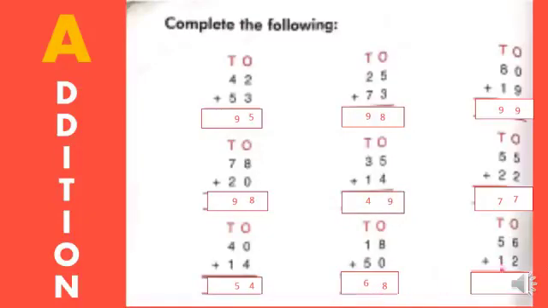Okay. Next one. 6, 2. Which number is bigger number, children? 6. So you should keep 6 in your mind, 2 in your hand. 6 after 7, 8. So you should write 8 here. Okay, next 5, 1. Which number is bigger number, children? 5. So you should keep 5 in your mind, 1 is in your hand. So 5 after 6. Okay, children?